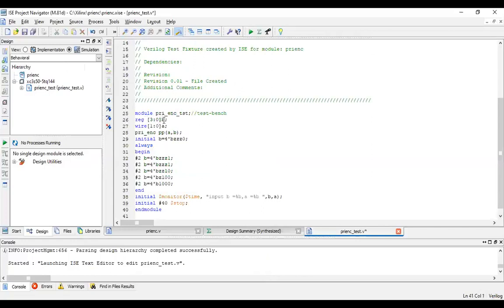All inputs should be declared as registers. All outputs should be declared as wires. Priority encoder instantiate, and it is output comma input. So our output is A and our input is Y. So let us initialize it. For now, I'll not give it as initial; we'll do it the same way as whatever I've done.